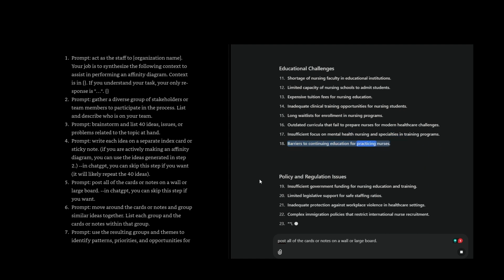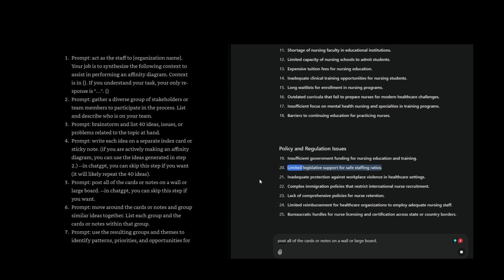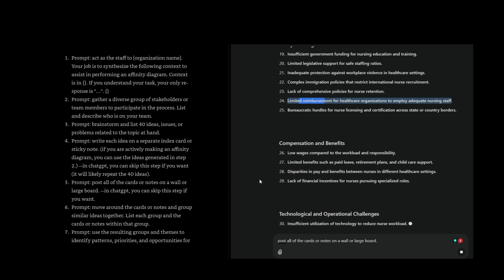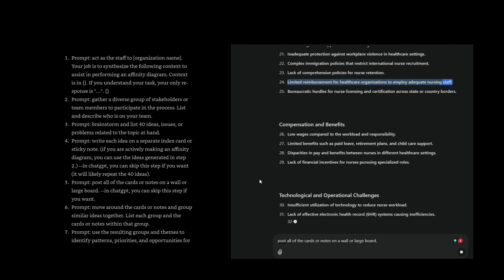Barriers to continuing education for practicing nurses. Policy and regulation issues: insufficient government funding for nursing education and training, limited legislative support for safe staffing ratios, inadequate protection against workplace violence in healthcare settings, complex immigration policies that restrict international nurse recruitment, lack of comprehensive policies for nurse retention, limited reimbursement for healthcare organizations to employ adequate nursing staff, bureaucratic